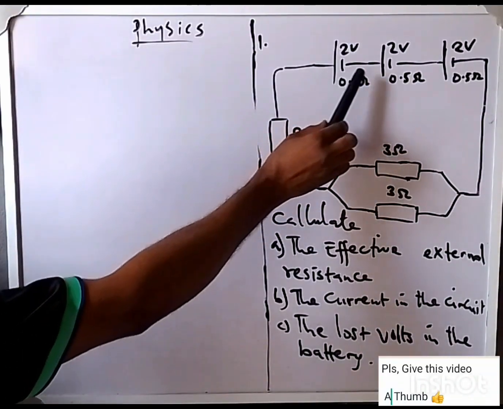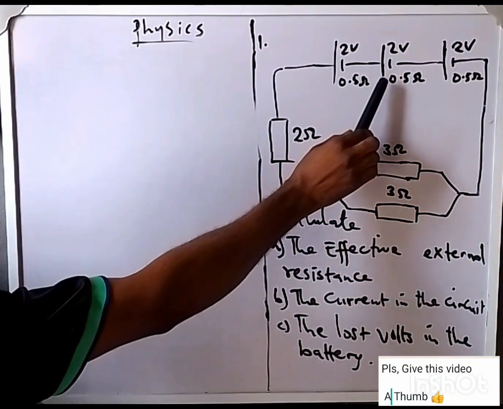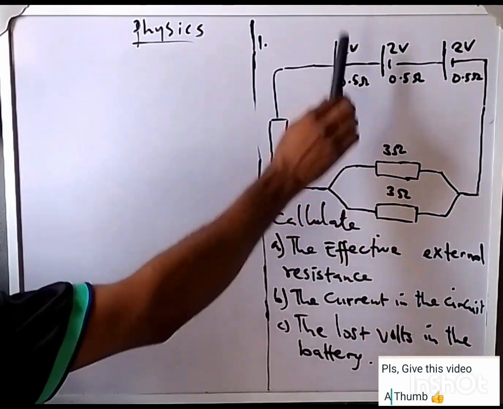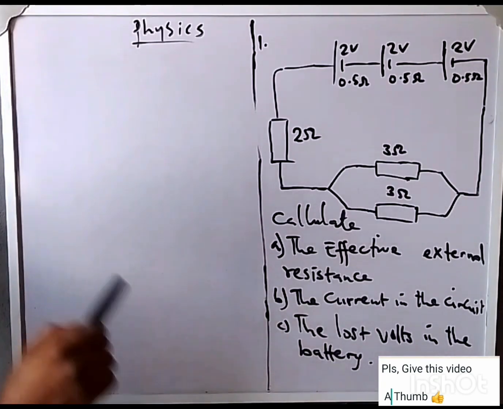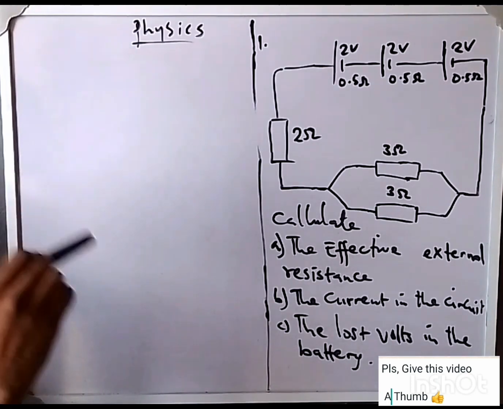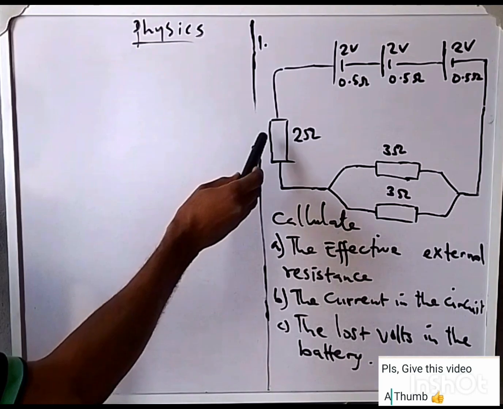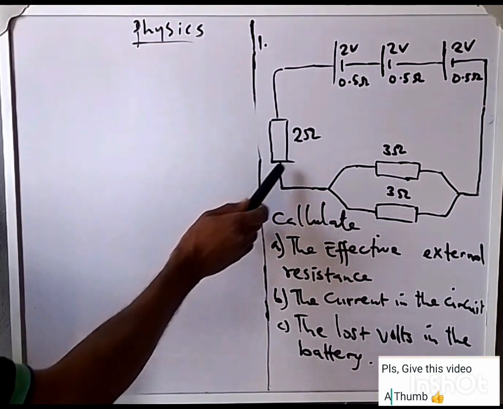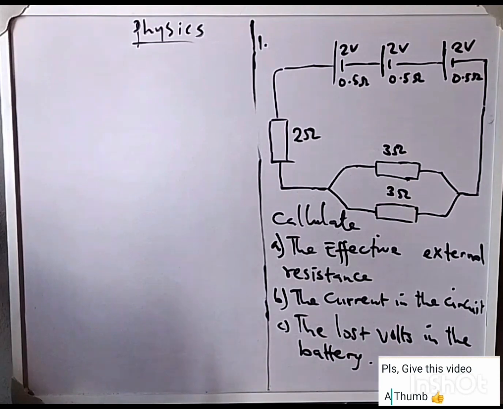Now there are 3 cells. A battery that has 3 cells: 2 volts, 2 volts, 2 volts, each with 0.5 ohms resistance. So each of the cells in the battery has 2 volts with 0.5 ohm resistance. Then it is connected to an external resistor of 2 ohms, which is in turn connected to 2 resistors